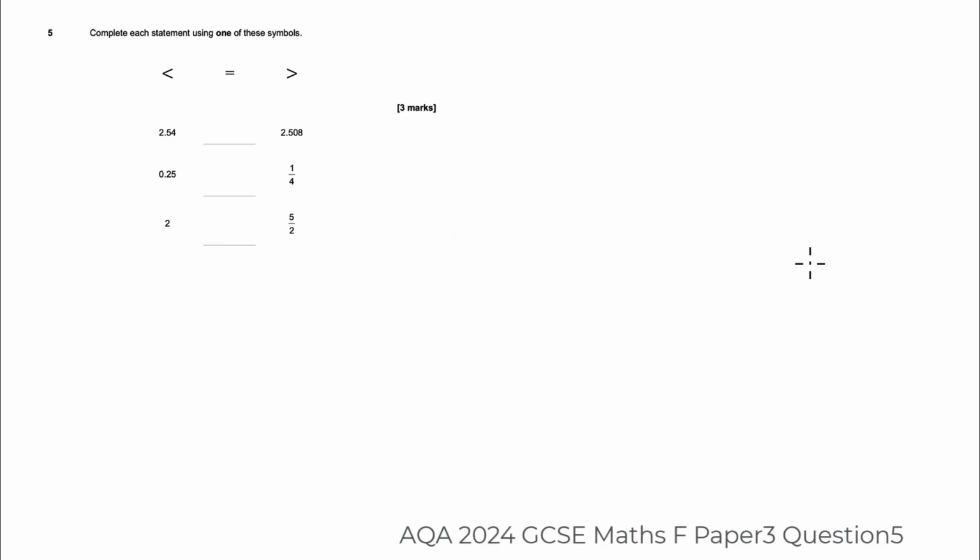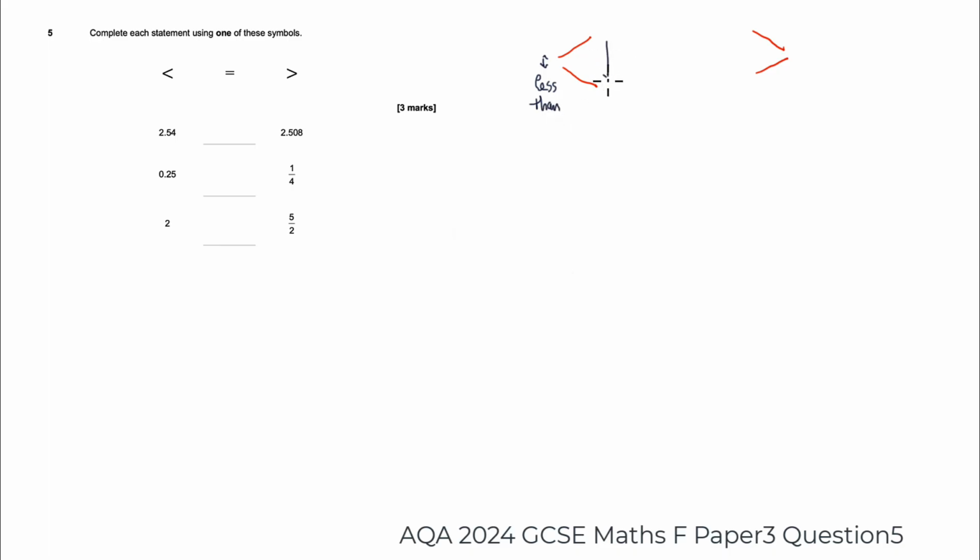So here's question 5. We're asked to complete each statement. There's 1, 2, 3 statements here using one of these symbols. Now, some people tend to get confused about which is which, this one and this one. The way I like to remember it is if you imagine 2 lines like this, and you're reading this as you would read a normal book from left to right, this distance here between the lines is less than